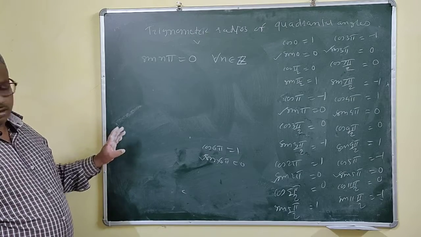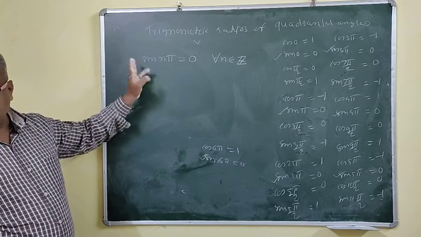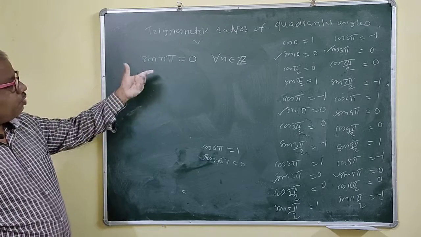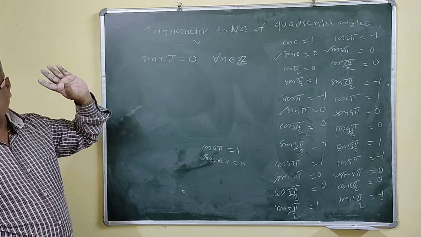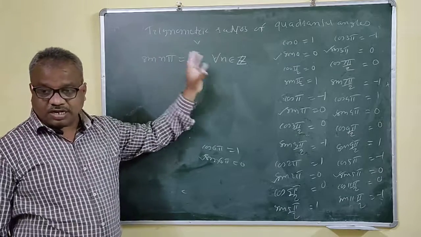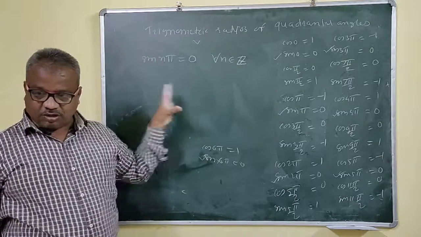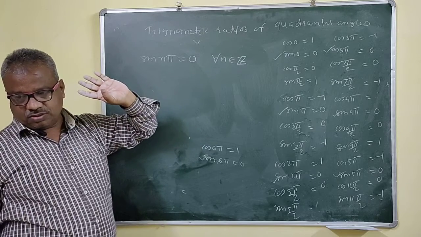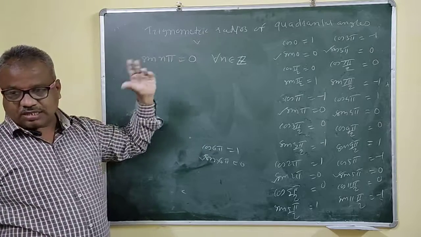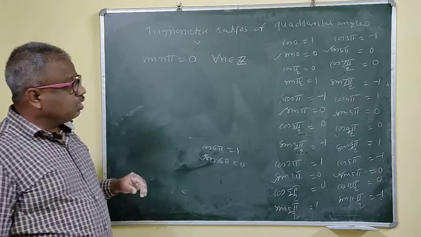Right? That means sine 1 pi is 0, sine 2 pi is 0. So if you have anywhere sine of 3 pi, directly write this value 0. So what is the benefit of this one? If sine 3 pi is multiplied in a term, that term will vanish, because 0 into anything is 0. Right? So you have to take the benefit of that: sine 3 pi, sine 4 pi, and so on.